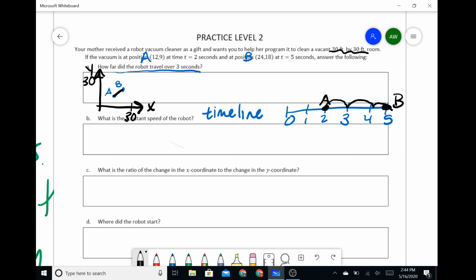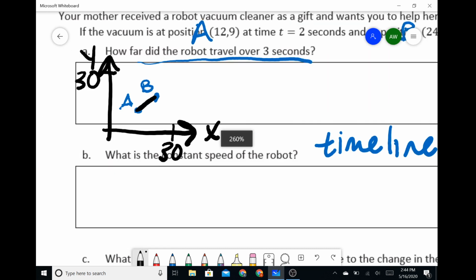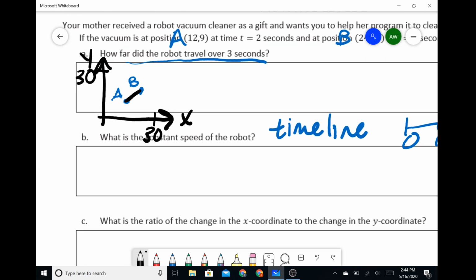And for us, that's going to involve using the Pythagorean theorem again, right? So if I make this into a triangle, how much did I change in the x direction? How much did I change in the y direction? And then what's my distance going to be? So if you remember from before, to figure out how far we changed in the x direction, we're going to take where B is, which is at 24, and subtract where A is, which is at 12. So if I wanted to figure out my change in x,